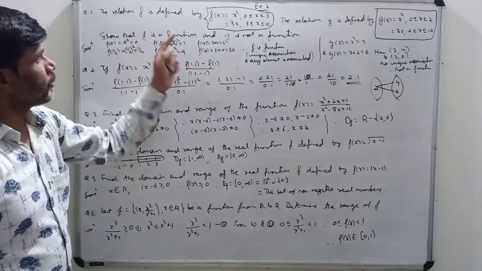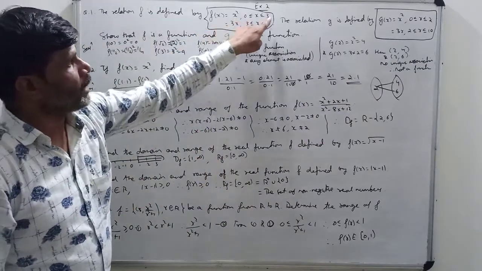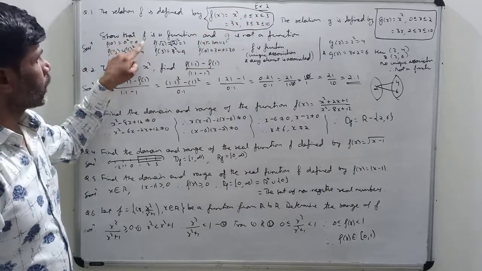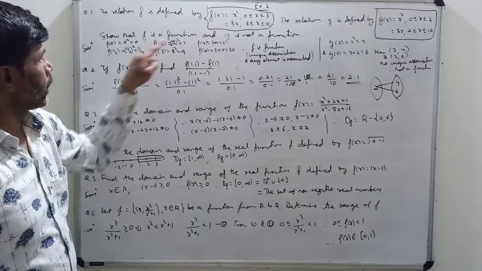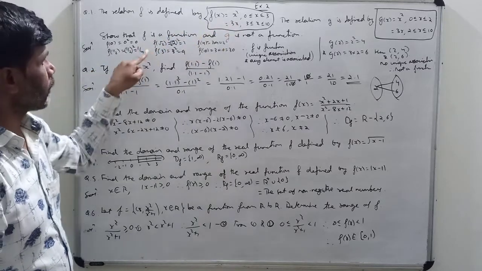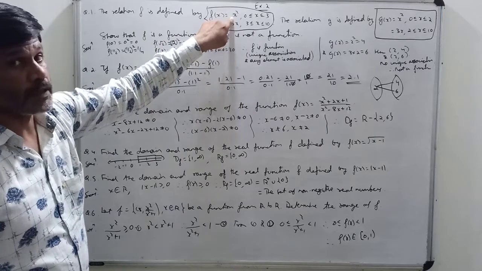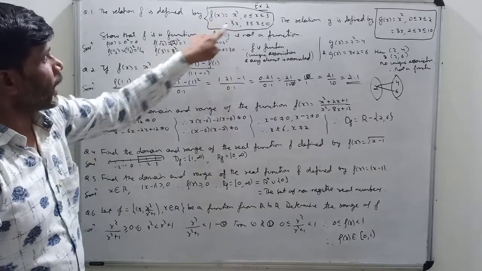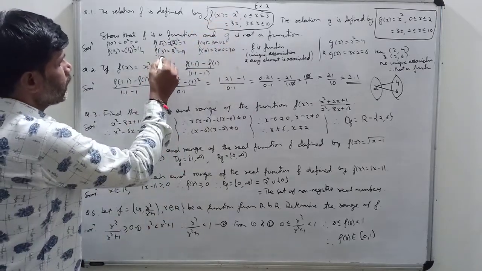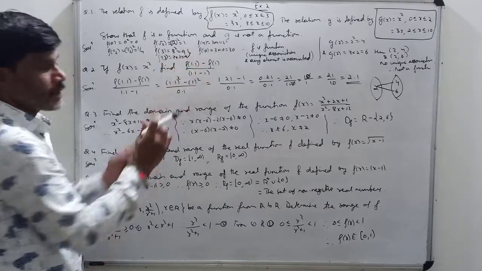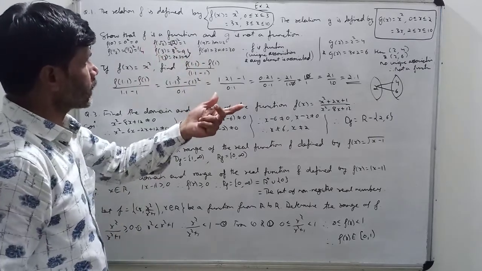Now when we think about f, for any values between 0 to 3, one by one you put: f of 0, 0 square, 0; f of 1, 1 square, 1; f of 1 by 2, 1 by 2 square, 1 by 4; f of root 2, square will be 2; f of 3, 3 square. According to this, 3 will be 3 square, that is 9. And according to this, f of 3 is equal to 3 into 3, that is also 9. So both are the same thing, only 3 is associated with 9, both are saying the same thing.